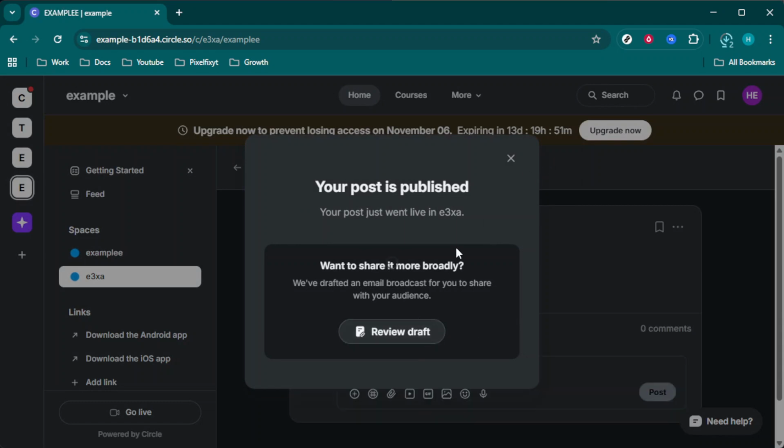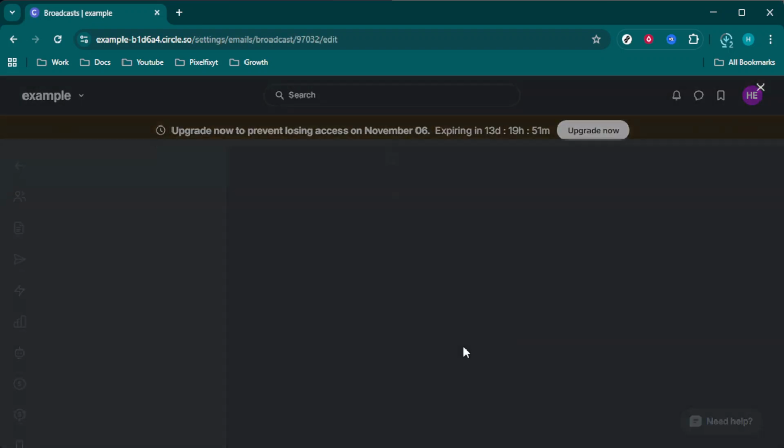And there you have it, a fully integrated Circle.so community on your WordPress site. Whether you're fostering discussions, sharing updates, or building engagement, you now have the tools in place